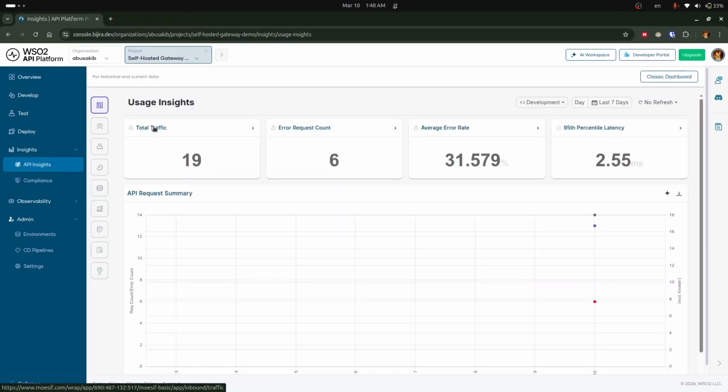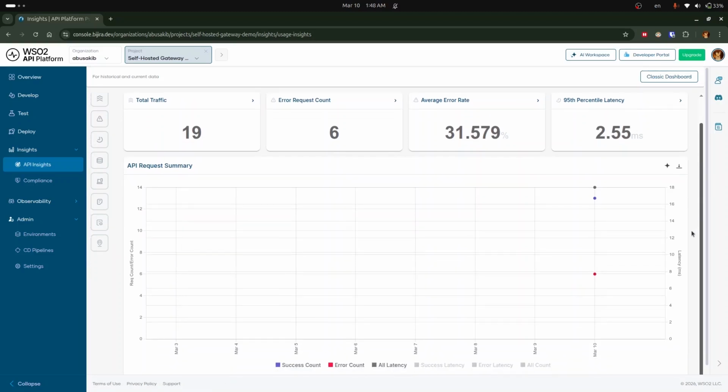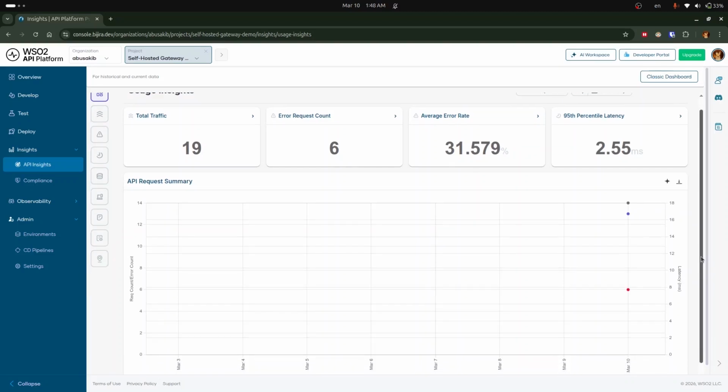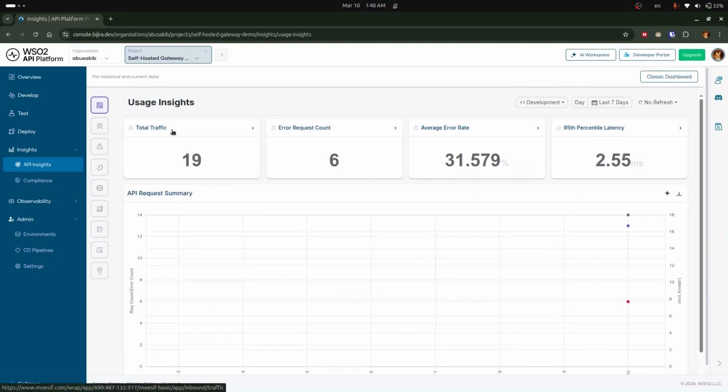So this shows you your API usage, traffic, and all that analytics, which is powered by Moesif. So you have your different analytics, like from errors to traffic, latency, and all that. So we are in the overview screen, so it has some of the key metrics, insights that you might want to understand. So you have your total traffic, error request count,